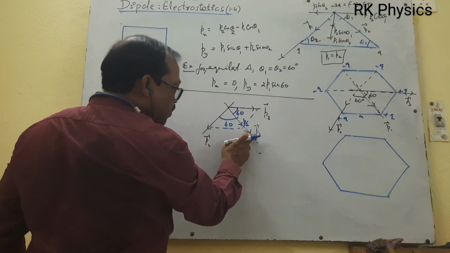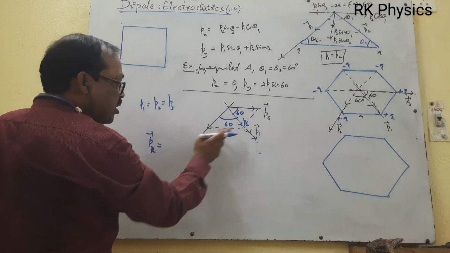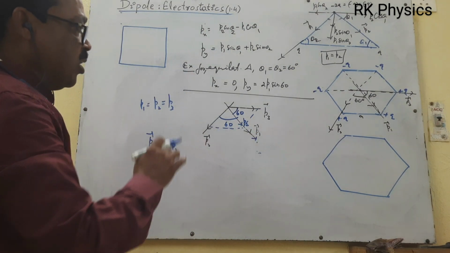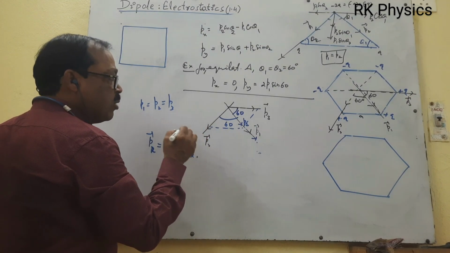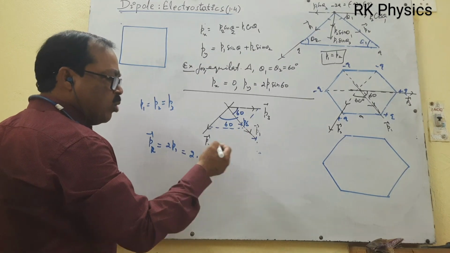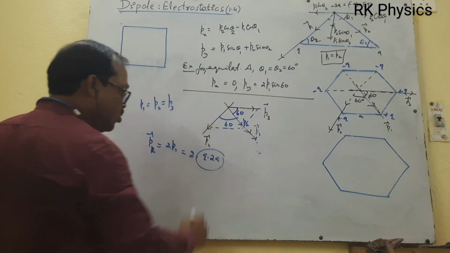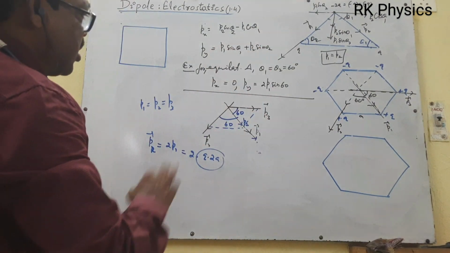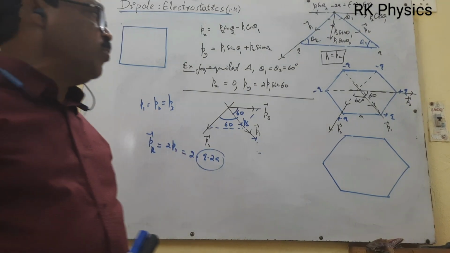Then there is already p1. So the resultant moment in this direction is p1 plus p2, that is 2p1. If you solve this, then at last you find out the values. What is p1 or p2 or p3, the magnitude of either, q into 2a. This is your dipole moment. Okay. So solve this problem symbolically up to the end and at last you put in the formula.